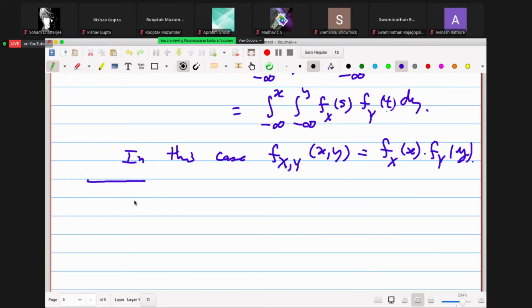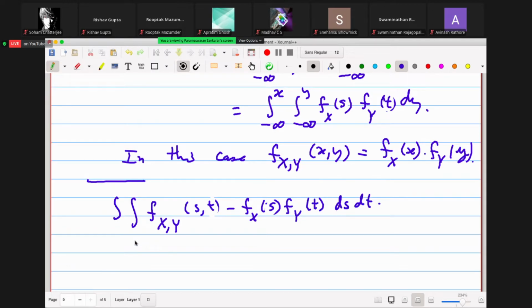remark. So you look at this Fxy(x, y) minus fx(s) fy(t), sorry, I should have written s and t. These things happen. So s comma t as fy(t) here, ds dt, it doesn't matter in which order you integrate it. So here s,